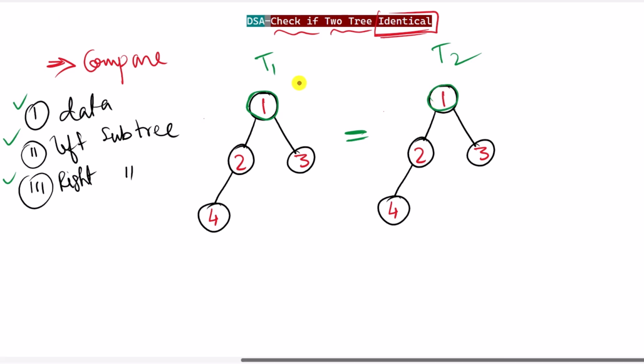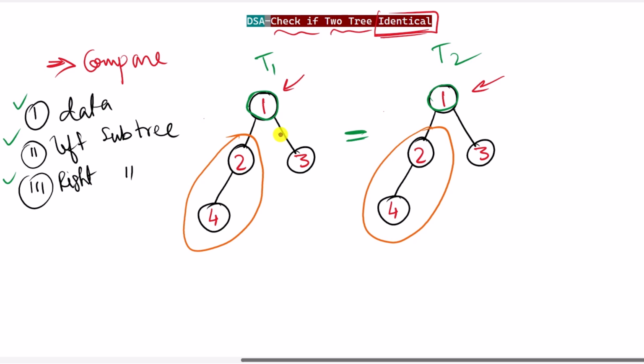Now to compare them, we're gonna start from the root node. First of all, we're gonna compare the data of both of the nodes. You can see the data is the same. Then we're gonna compare the left subtree of both of the trees, and then the right subtree. This way we have to recursively compare the data of all the nodes, and then compare the left subtree and the right subtree. If all of them match between both of the trees,